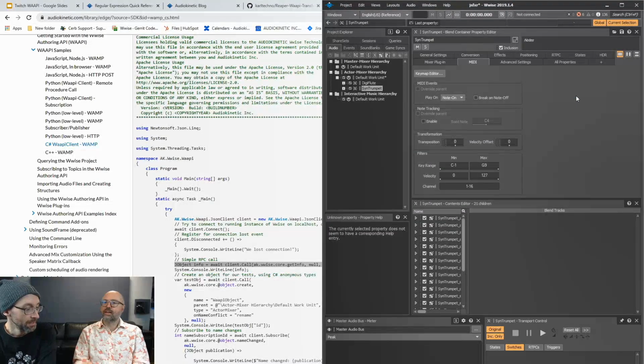Excellent. Again, what's nice is you have this 360 environment for debugging what's happening with your WAAPI scripts through the logs, as well as the scripting environment that gives you feedback about execution as well. Great.